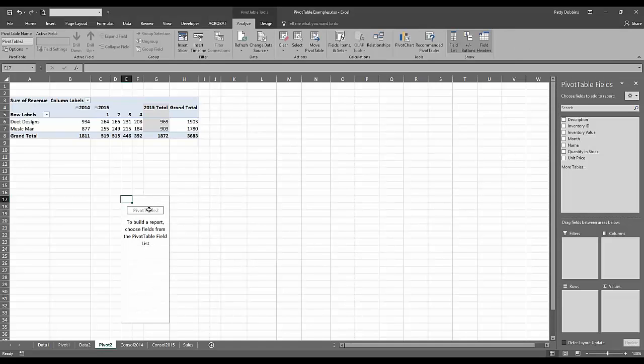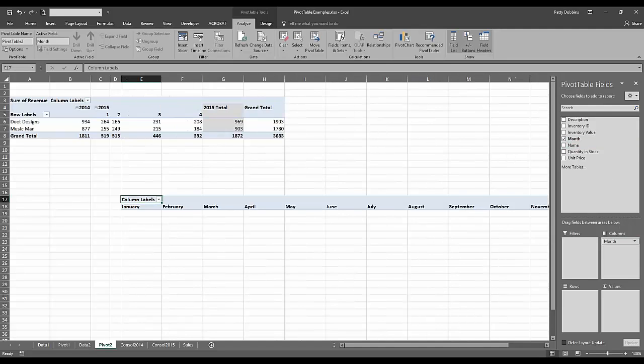And again, I get that pivot table where I can now go ahead and create however I want it laid out. So let's say I want, I'm going to put the months. It's kind of long. I'll leave it for now. The name,